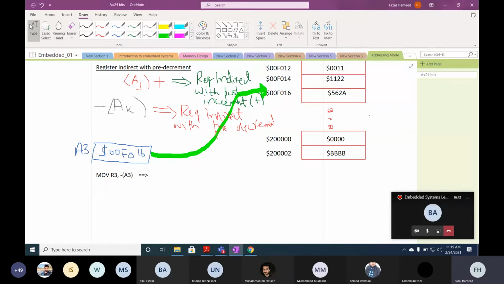In this mode, first we will decrement A3. So A3 is equal to A3 minus something. We can minus 2 or minus 1.